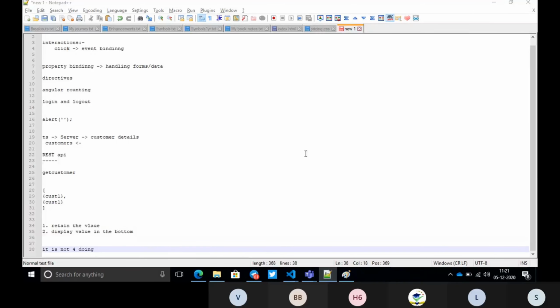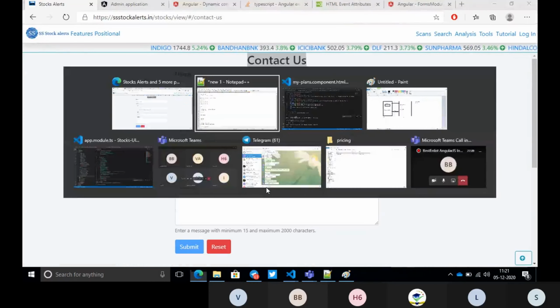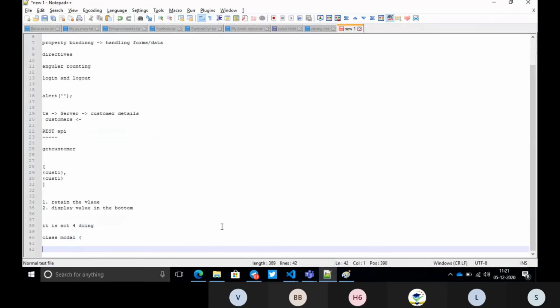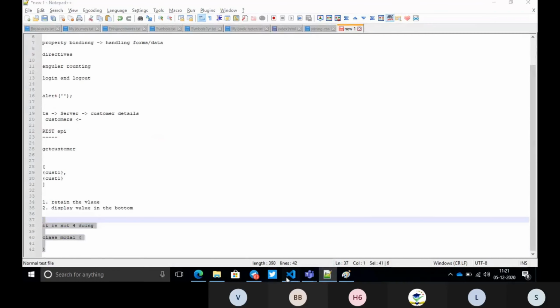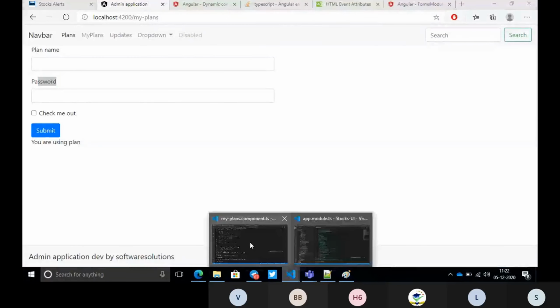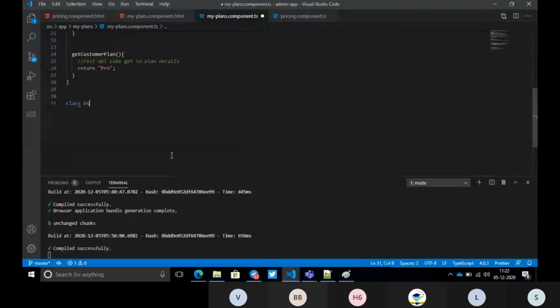So what we have to do is, for each form, create a class called model. What is this model? I will explain. This is your TypeScript file, and I will give a sample. Here we have only two names in our application: name and password. If you have 10, we would have to create 10. Instead of that, I will create a class. This is a user form, so I can call it user form model, or otherwise just user model.